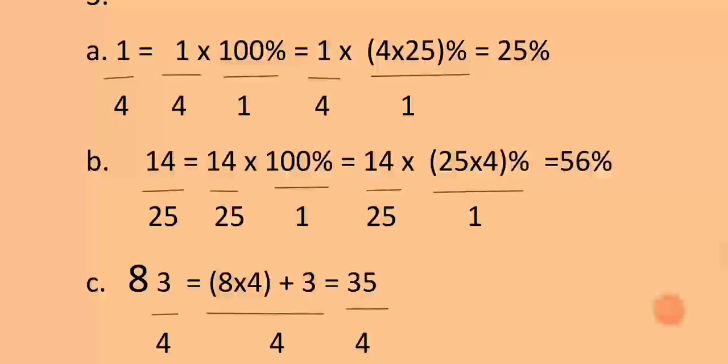1 over 4 to percentage. When we are taking fractions to percentage, what we just do is to multiply the fraction by 100%. 1 over 4 times 100% equals 1 over 4 times the 100%, now being represented as 4 times 25, because the highest common factor